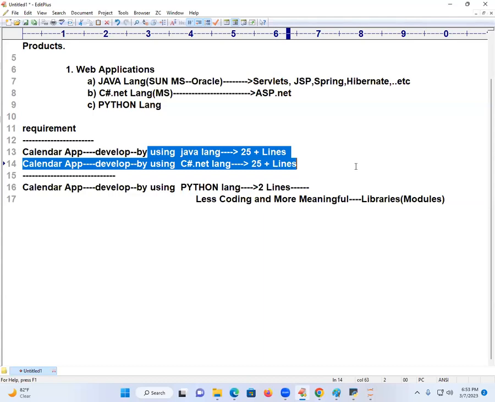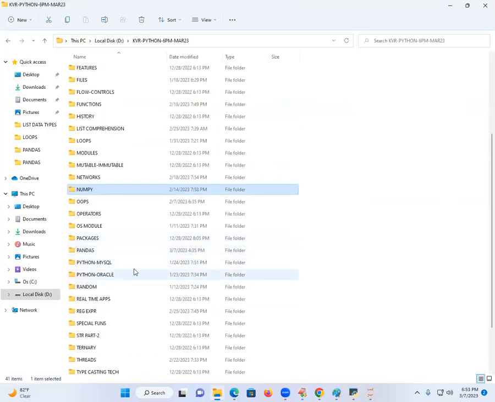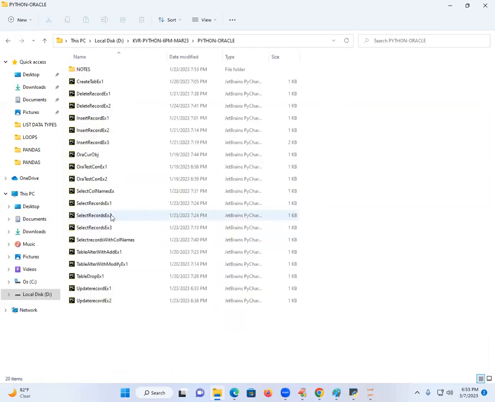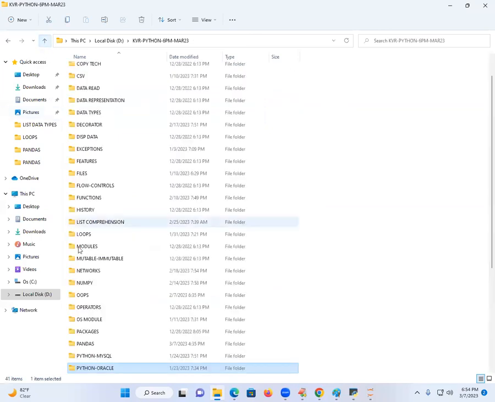I want to communicate with what? Oracle. I want to communicate with Oracle. I will tell you Python with Oracle communication. Students, you just observe it. Python with Oracle. How to communicate with it? There are modules. You see how many applications I am going to discuss. You go for the next one, Python with MySQL. You see why I am saying all these things.